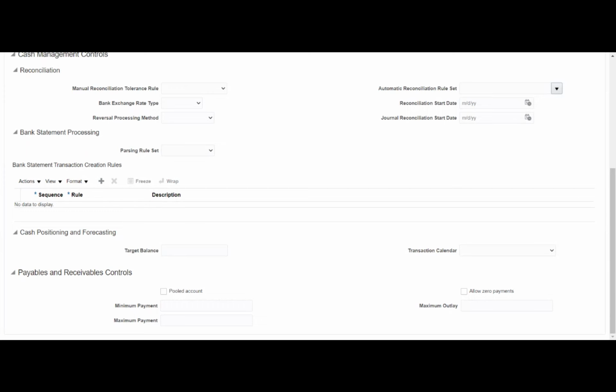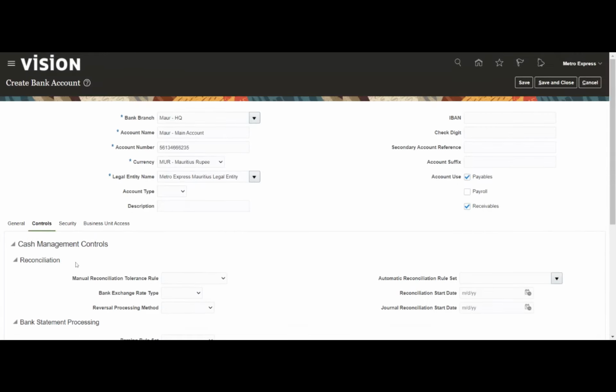Since I did not make payment, even though this is zero, it is going to show in the supplier outstanding reports. To avoid this, I will click this option called allow zero payments, and I will make a zero payment to close that particular reversal entry. Okay, so that's about the zero payment option. And then if I want to use the full account, I can use this. Okay, so these are the things that we have under controls.